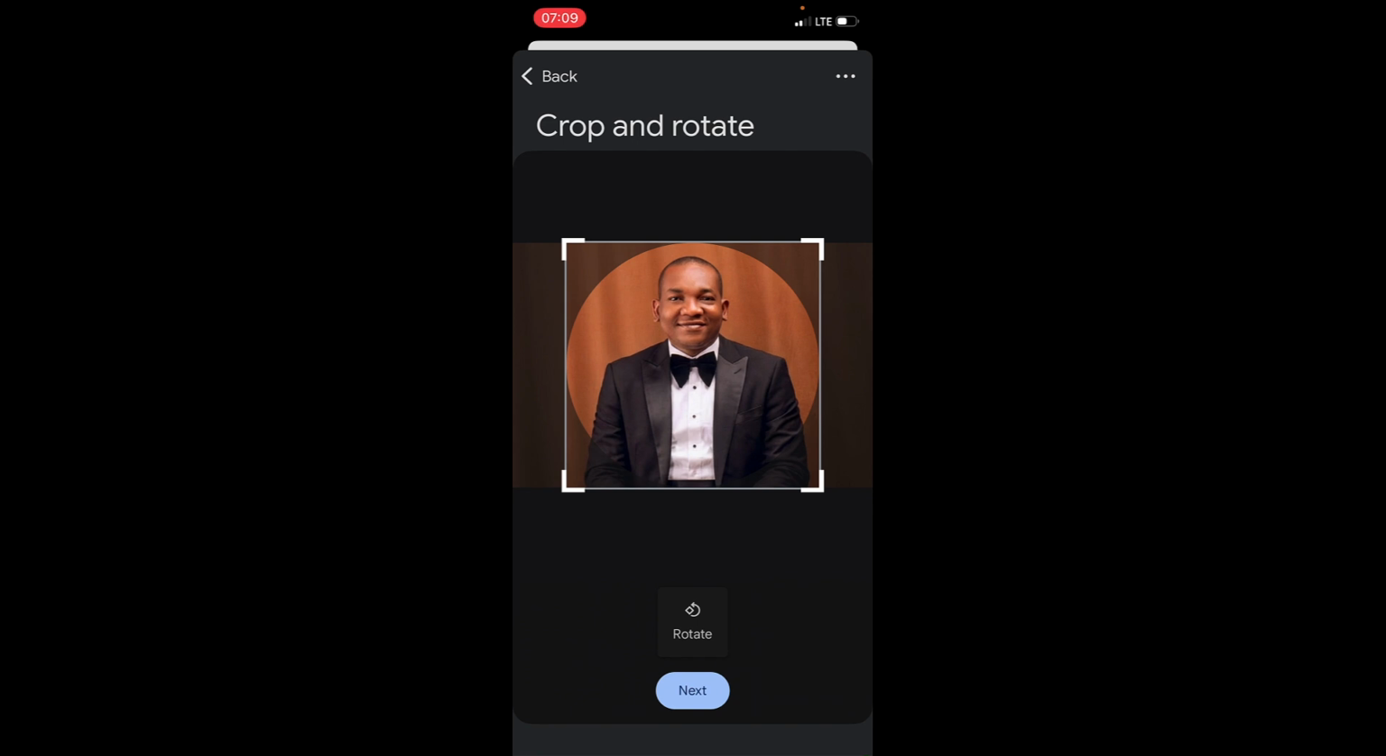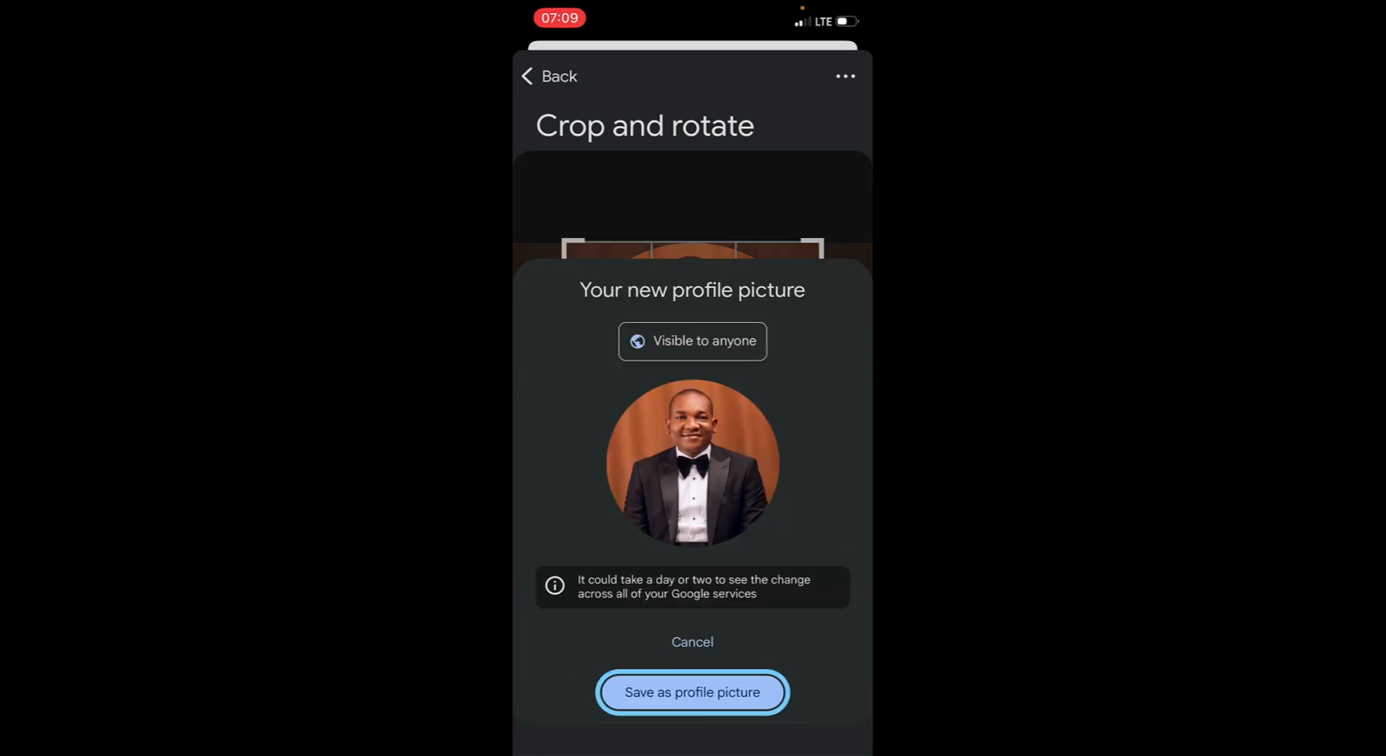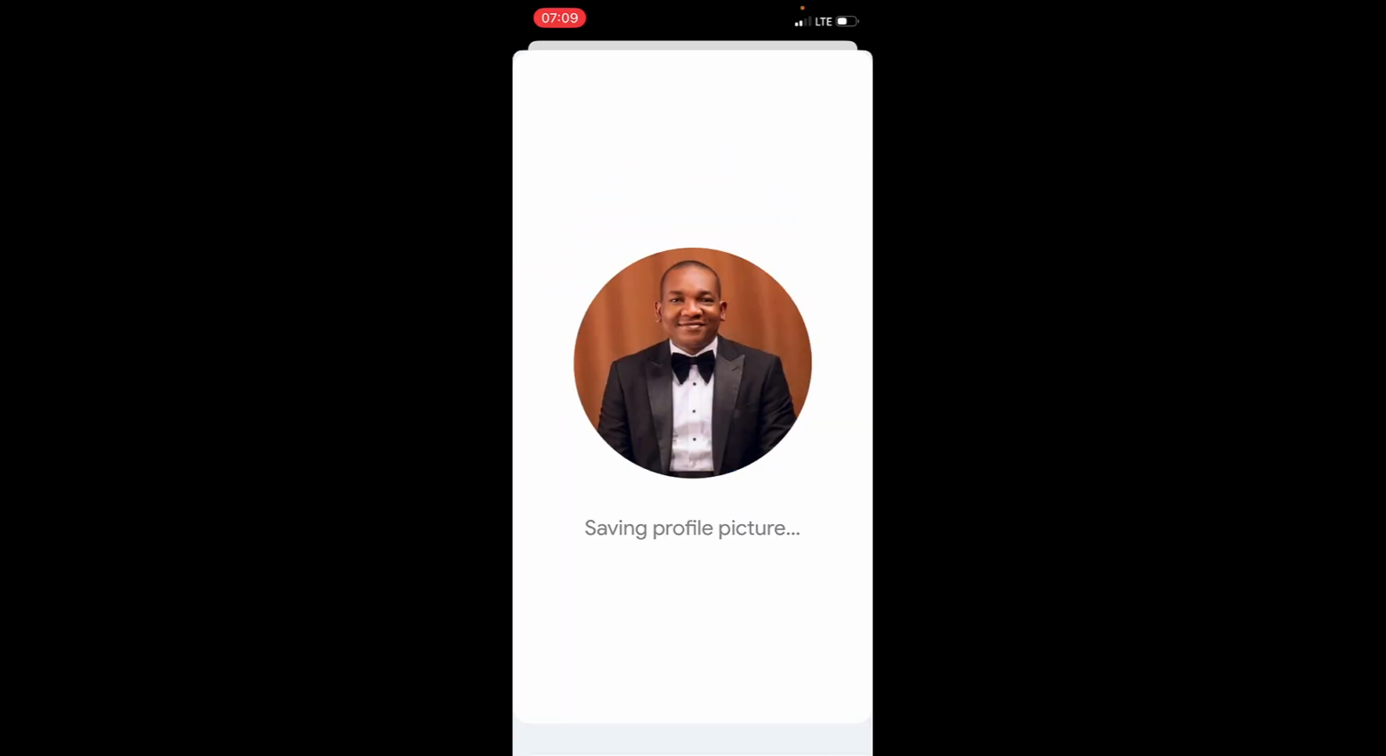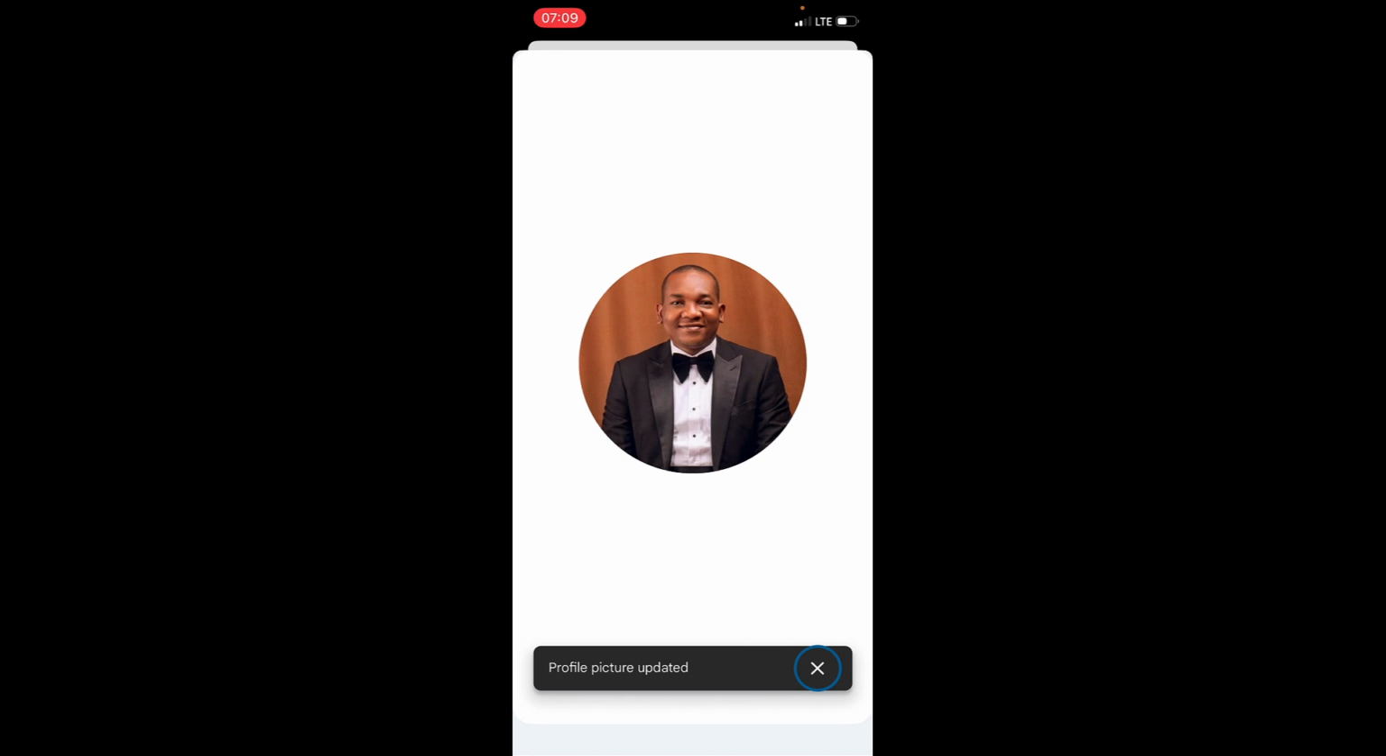Alright, you can now position it how you want it to be. But I'm okay the way it is because it captures my face already. The next step is to tap on the next button. Then tap on the option Save as Profile Picture. So wait for it to be saved